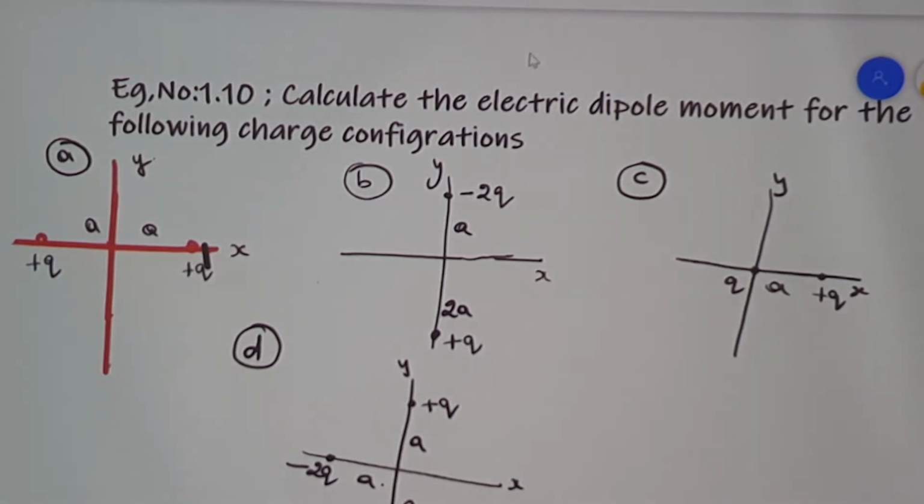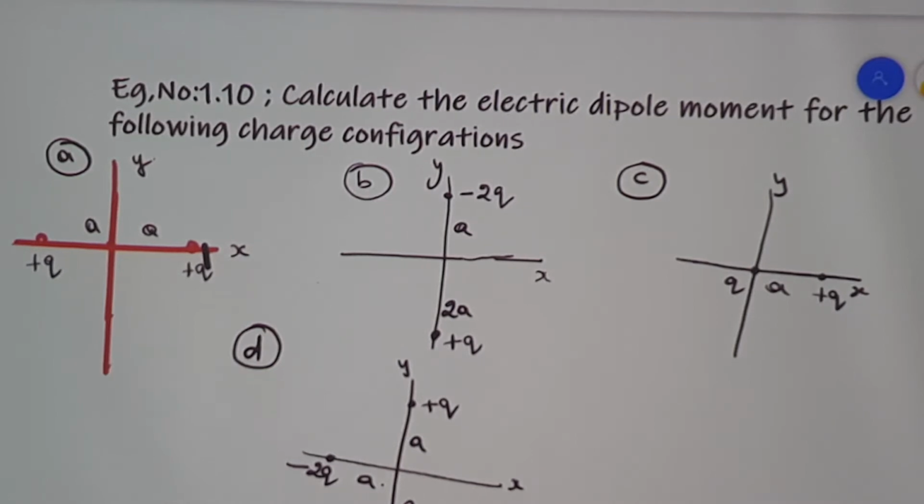We know what the dipole moment is. Dipole moment is charge times distance. So, how do we calculate the dipole moment for these four cases? Let us consider the first case. See the diagram below; side by side, I will be writing the answers. You just look it over.